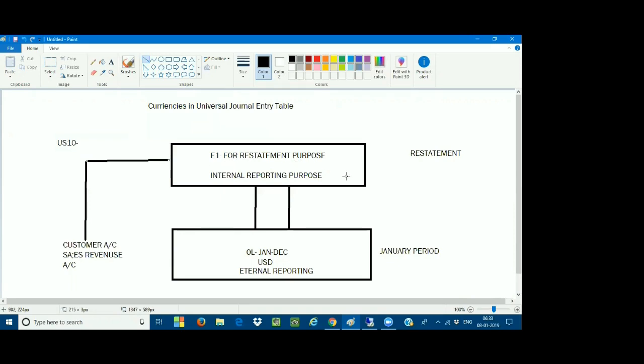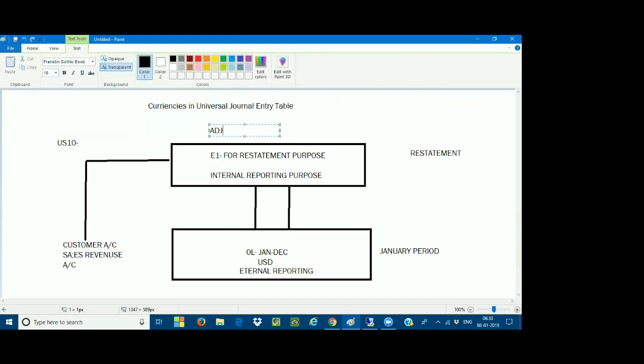For example, there are some transactions like adjustments. I will do some adjustments in the month, for example for the month of January, which should not be impacted to the month of February. Let us assume there are some adjustment postings from one cost center to another cost center, or from one profit center to another profit center, or maybe I want to repost the cost more than what has been posted to the leading ledger. So there are some adjustments I have to make.